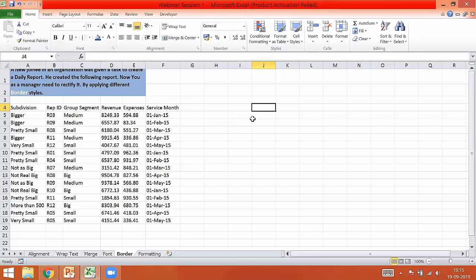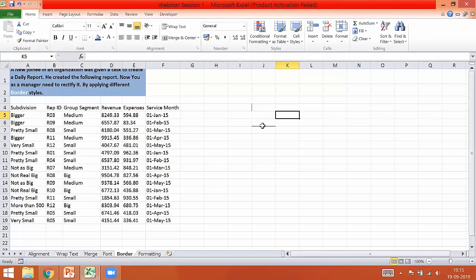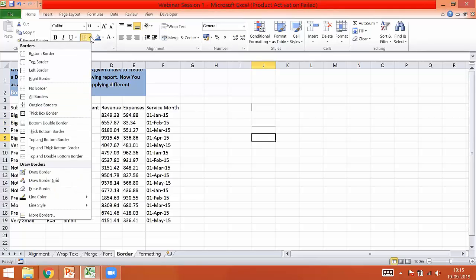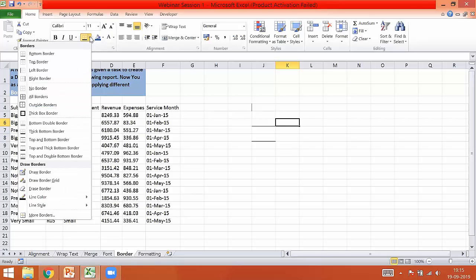I'll go to the next cell and show a different style, that is your bottom border. There is your bottom border. Now you can see a small line has been added to that particular cell. Now I'll show you how to add double bottom borders or a thick bottom border. You can just click on either one of the functions, and you can clearly see the visible distinction between these two styles. You can explore all these borders and see whether this is your requirement or whether it will beautify your data, and add either one of them.